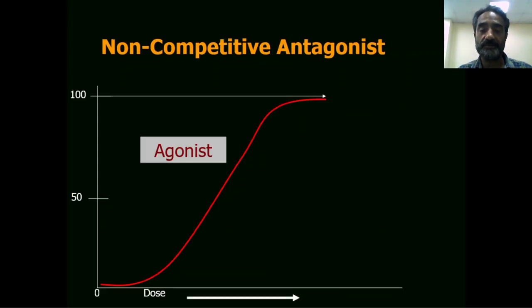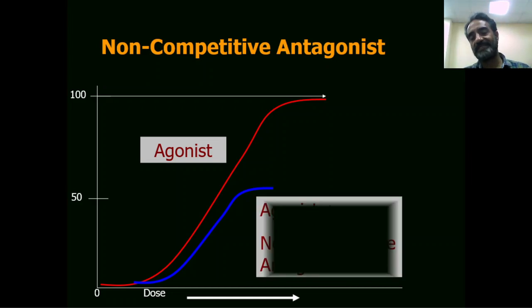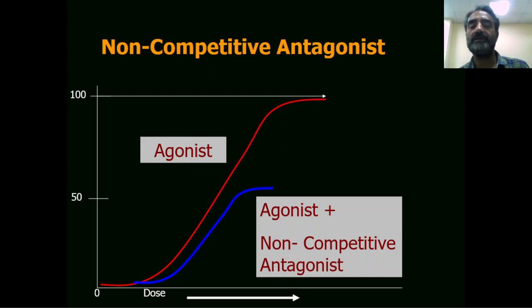When we see the dose response curve, agonist alone, the dose response curve is as shown, and in the presence of antagonist you can see the maximal effect achieved by the agonist is reduced. So not the potency but the efficacy of the combination becomes lesser. So in case of competitive antagonism, the potency is reduced for the combination of agonist and antagonist as compared to agonist alone. In case of non-competitive antagonism, the efficacy is reduced.